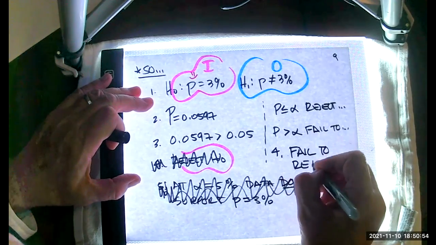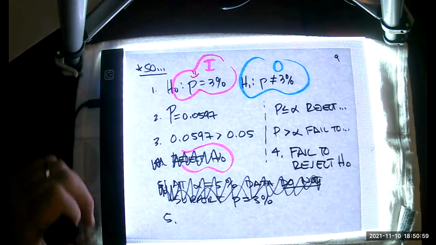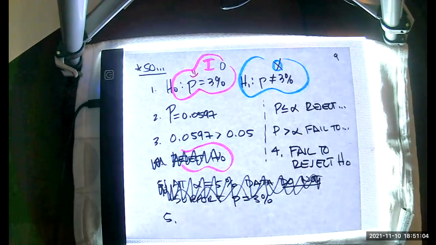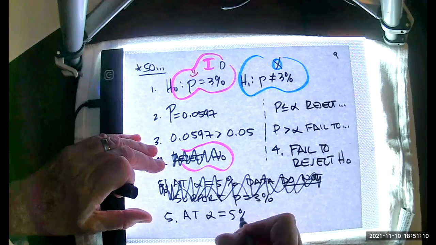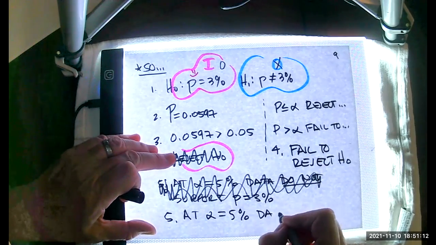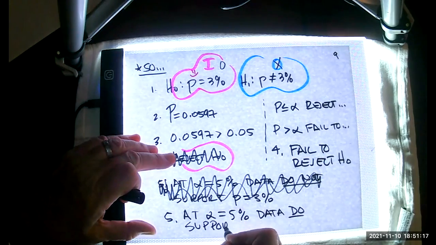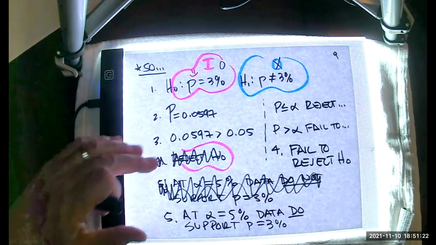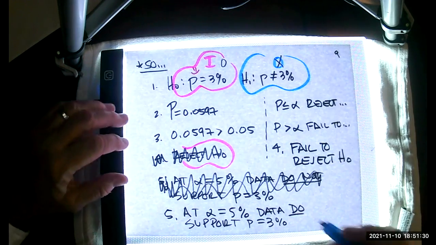And to reject H. Okay, let me try that once again. I apologize. So that's the initial claim. That's also the outcome. So the data do support. And now I'll just run through that again. And this time I'll say P equals 3%. I'm sorry about that. We got another one coming up. Hopefully I won't make that same mistake again. But at the end of the day,